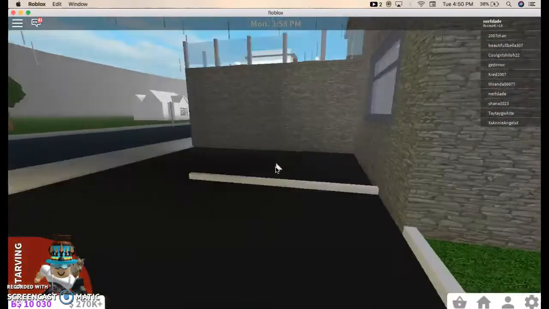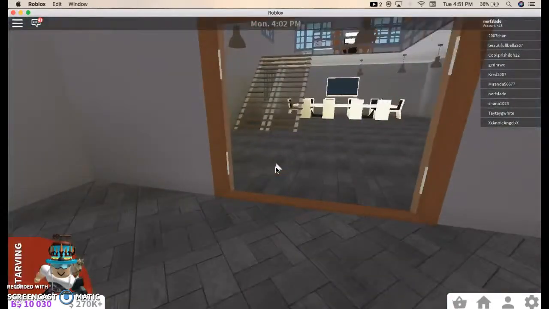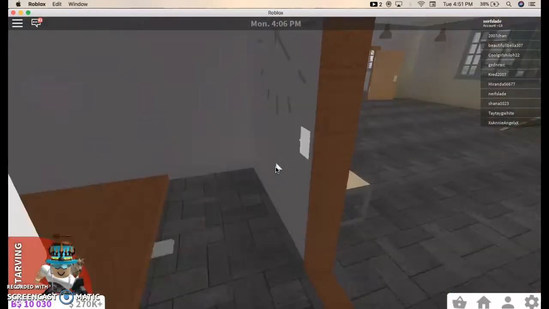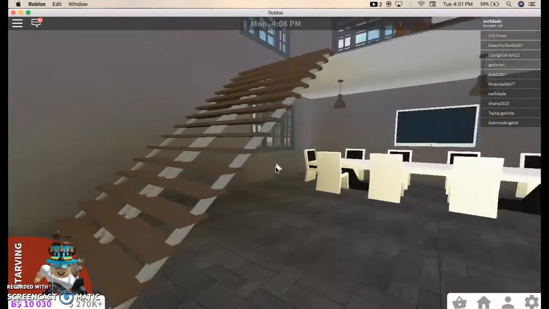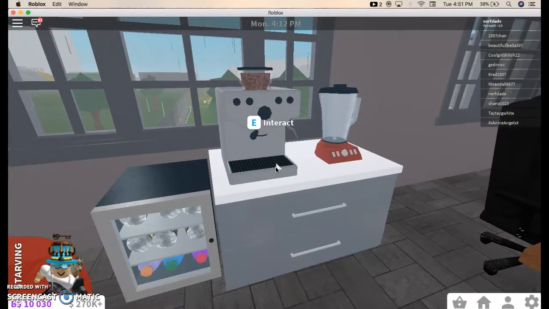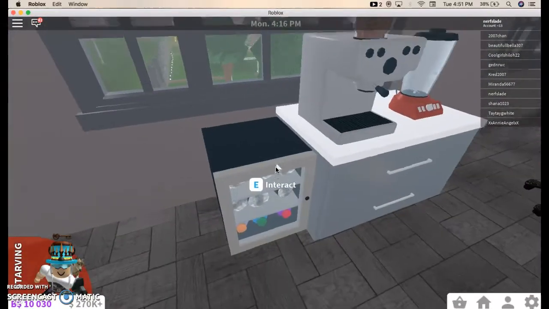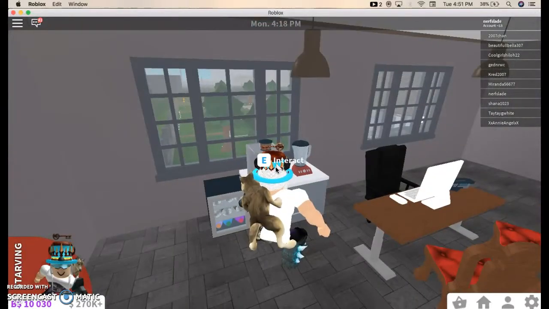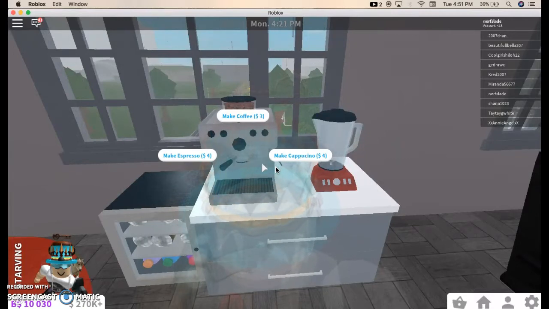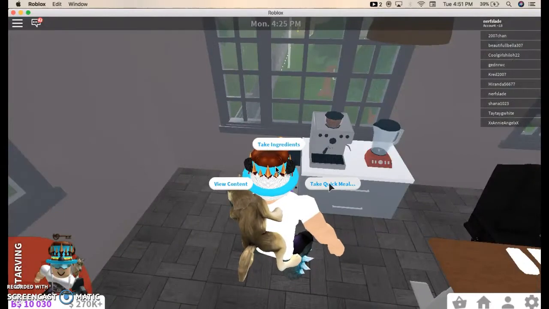Now to the office area. So I didn't do much in here. I didn't do anything in there, in fact. There's new counters, a beverage fridge, coffee maker, like coffee, espresso, and cappuccino. I think that's how you say it. Blender, that just doesn't work. And there's